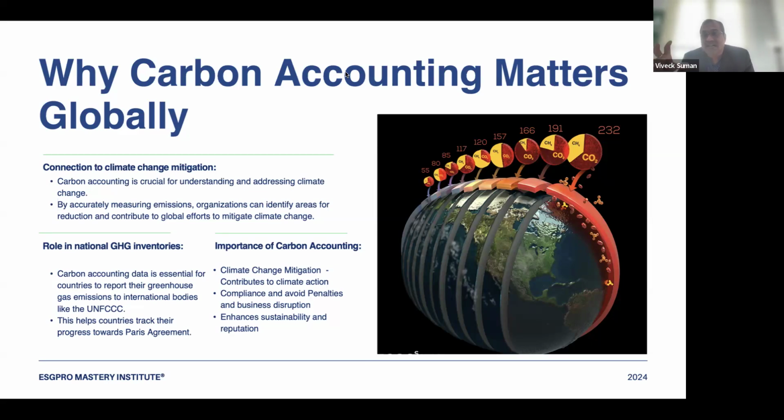Yeah, under international bodies like the United Nations Framework Convention on Climate Change, UNFCCC. In India, we have taken that UNFCCC and converted it into BRSR, which is our own standard launched by SEBI. This helps the country to track progress. So the country collects all this data from different sources, from corporates, from its own organizations, and whatever NDCs they have set, they look into that according to the Paris Agreement, and this helps the country to track their progress, isn't it?